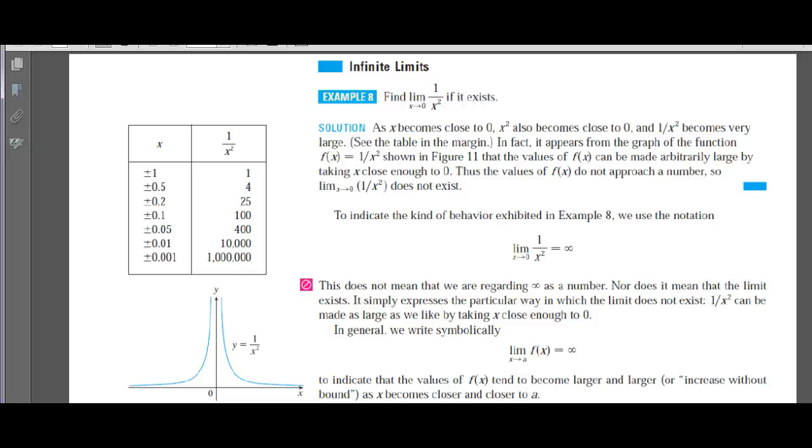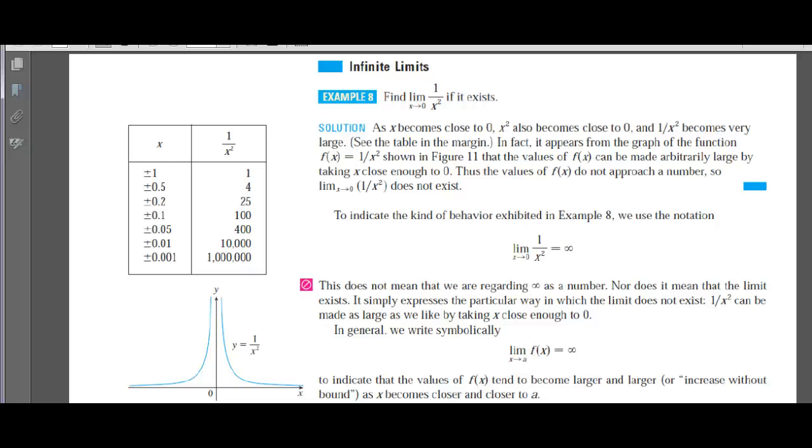This is out of the Stewart Calculus book for university. So I don't think you're going to find this in your books. It talks about infinite limits. It says, find the limit as x approaches 0 of 1 over x squared if it exists. So what's going to happen? You're going to be dividing by 0. As x becomes close to 0, x squared also becomes close to 0, and 1 over x squared becomes